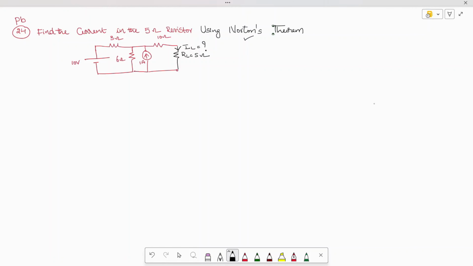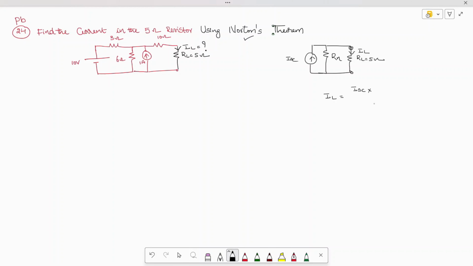So the procedure of finding is, first we need to find the current source, which is nothing but ISC, and we need to find this shunt resistor, which is nothing but R Norton, and replace this with the load resistor, where RL is equal to 5 ohm. So the current in this branch I can find out like this. Okay. So therefore IL, the formula of IL using the current division rule, is equal to the total current ISC